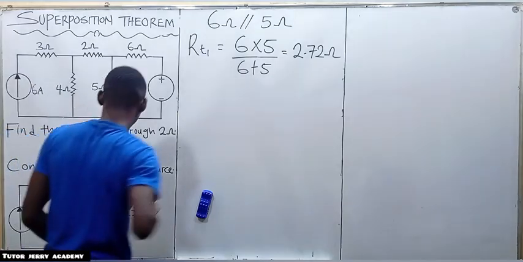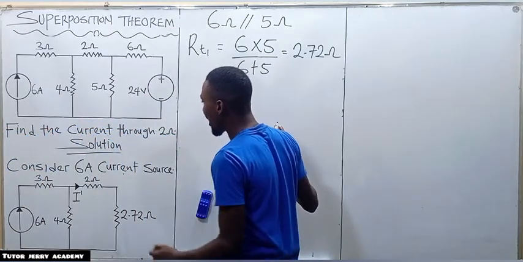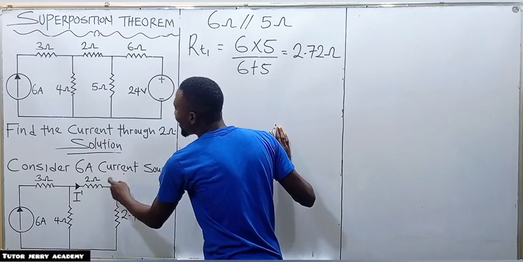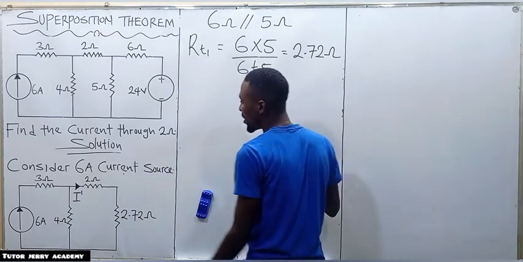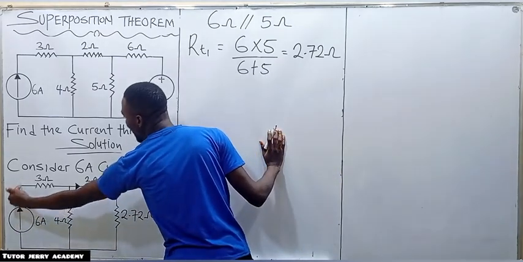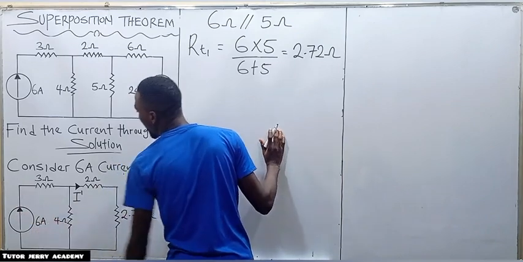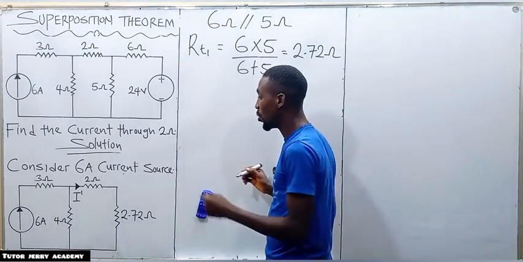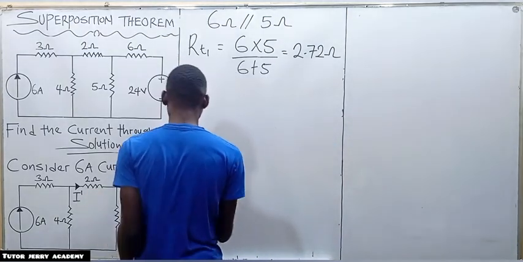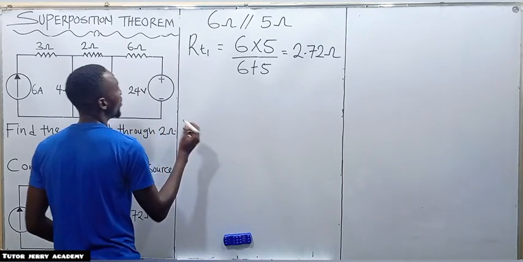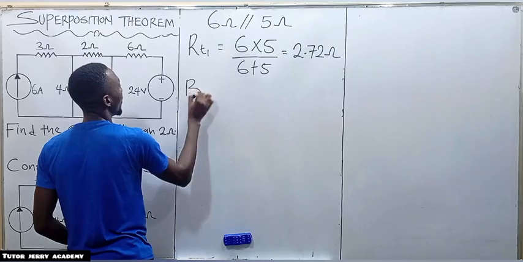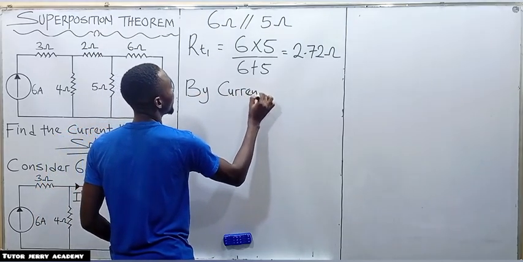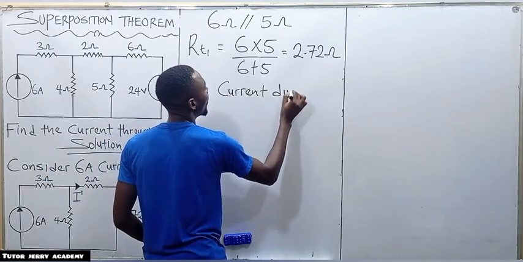Now, to calculate this current I prime that is entering into this 2 ohms, since we know the total current entering the circuit is 6 ampere, we can apply the current division rule to calculate the current I prime. So by current division rule,